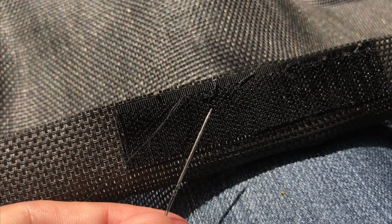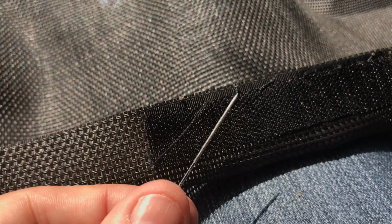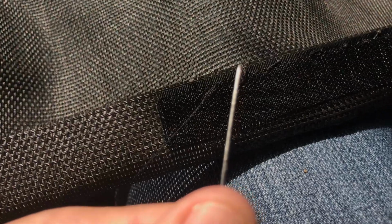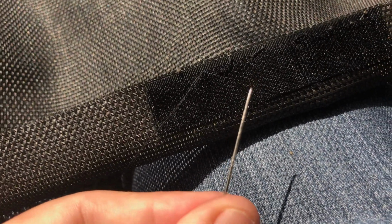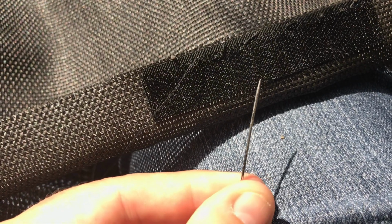Okay, so I'm trying the sewing method, and the first thing that I noticed was that obviously the glue that's on the back of the Velcro, I don't know if you can see it. Let me see if I can zoom in for you. Anyway, you might not be able to see it that well, but it's on the needle now,